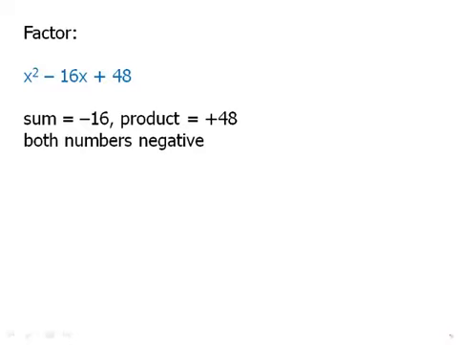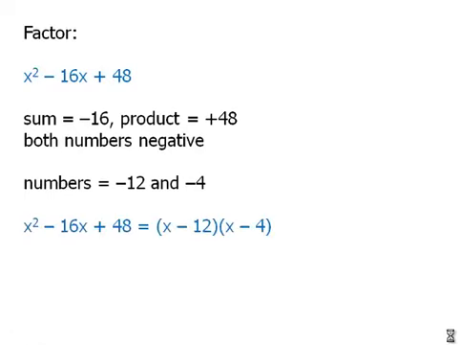So we need two numbers that multiply to 48. And really, one way to think about it is they multiply to 48 and have a sum of positive 16, and then we'll just make them both negative. Well, certainly 6 times 8. 6 and 8 have a sum of 14. That doesn't work. We could do 4 times 12. 4 times 12 has a sum of 16. So negative 4 times negative 12 would be positive 48, but negative 4 plus negative 12 would have a sum of negative 16. These are the two numbers that we need, so we can factor this into x minus 12